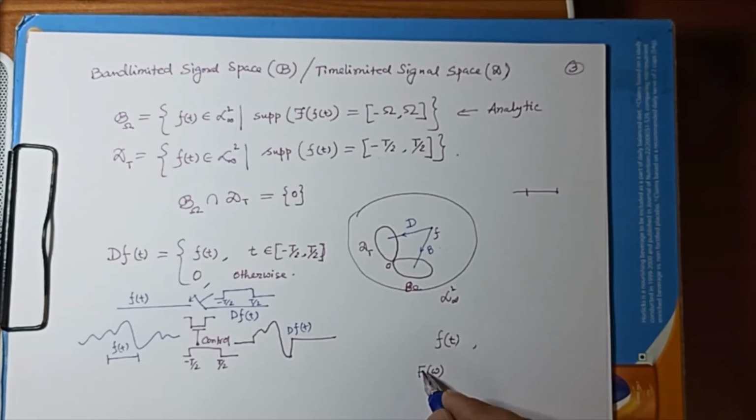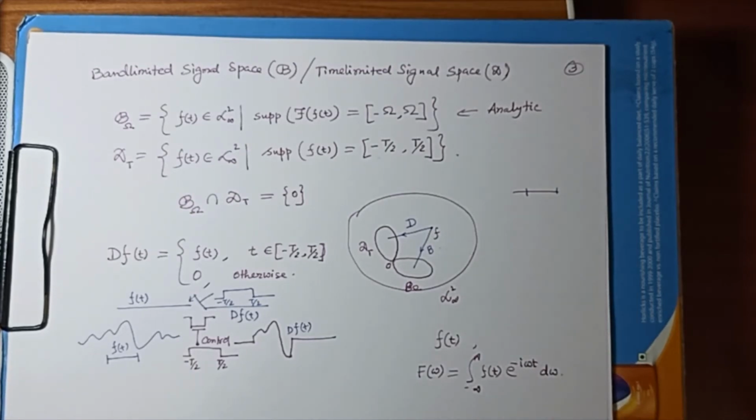Earlier I was writing f hat omega or something. Right now I am writing capital F omega, you understand, right? So F omega is the integral from minus infinity to infinity of f(t) e to the power minus i omega t dt. Now if I truncate capital F omega between minus capital omega and plus capital omega, and then take the inverse Fourier transform, that will give us the